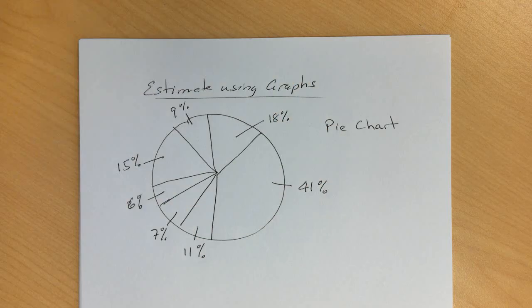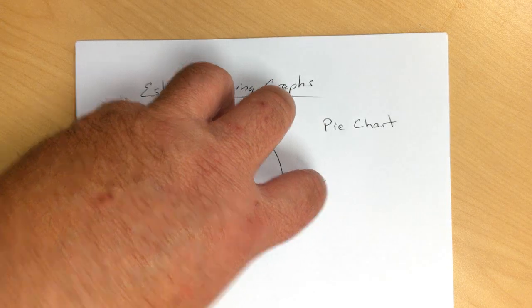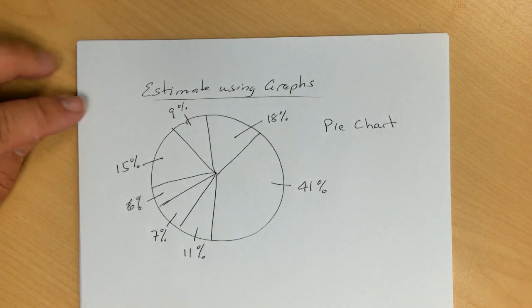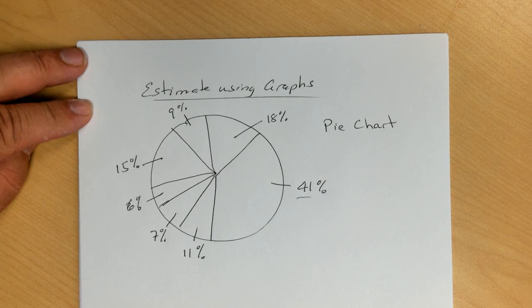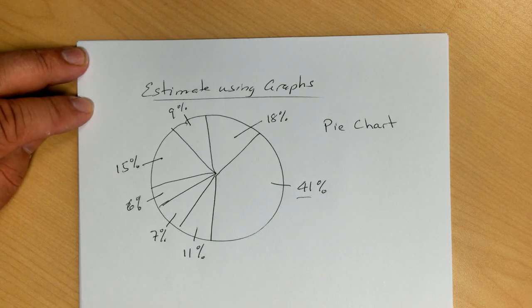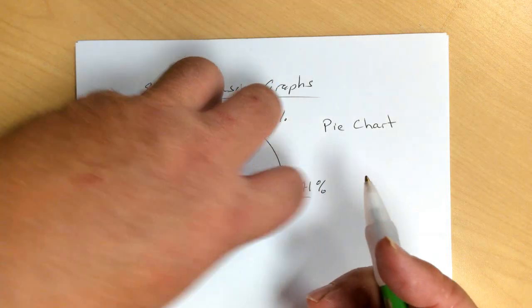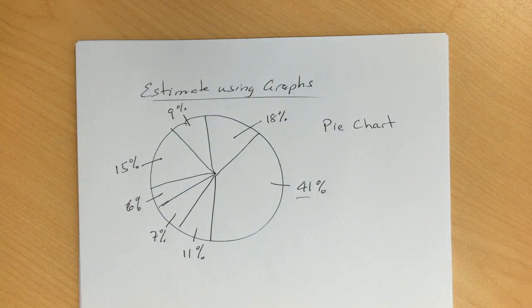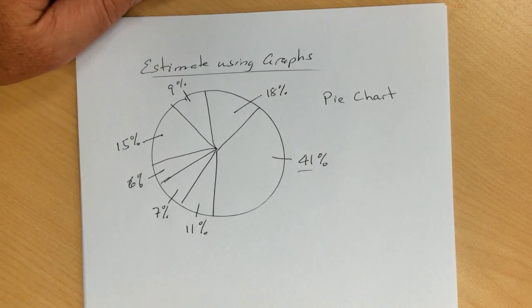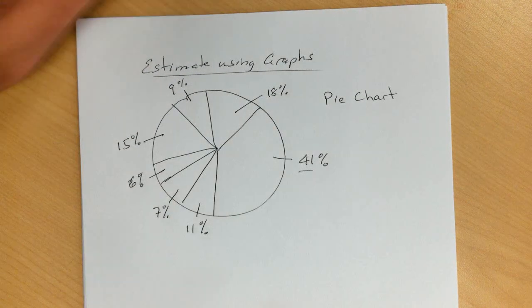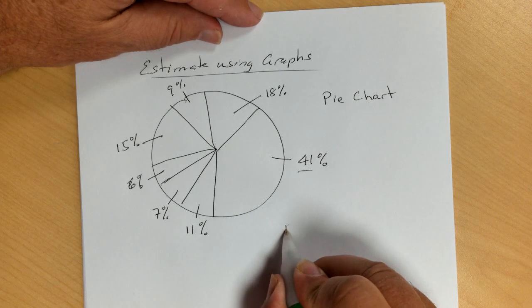Why do they use graphs and charts in business? Now, these are exact. Because if I'm a business, I want to know exactly all my customers. 41% of them use the computer between this hour and this hour, or use social media during the day. So when you see a chart on a report, it's accurate with all the data given. But the reason they use it in business is once they get this data compiled, you say, if we had